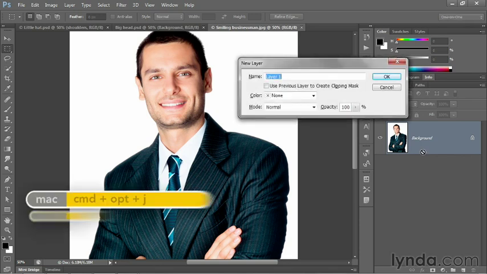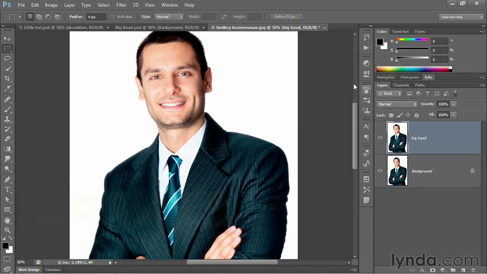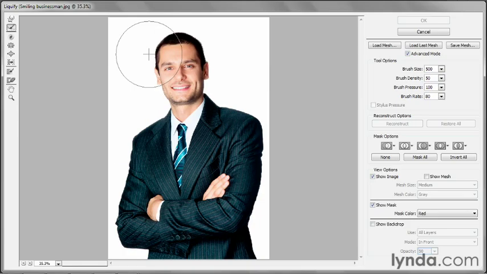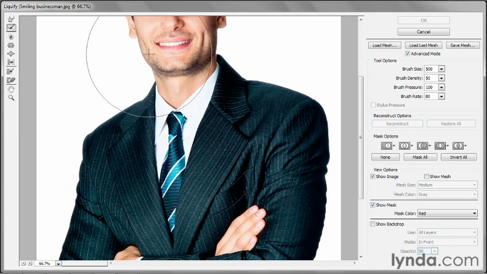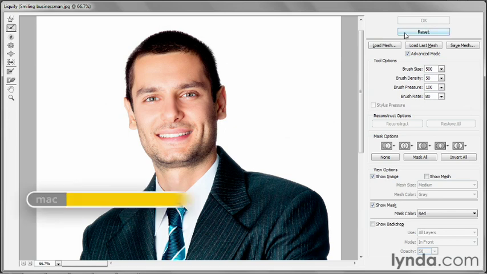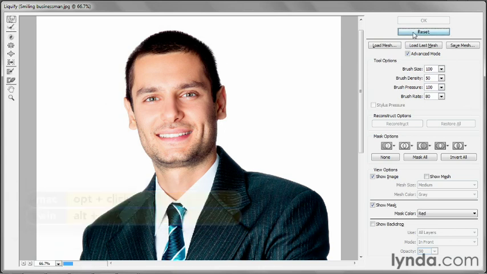I'll start by pressing Control-Alt-J or Command-Option-J on a Mac, and I'll go ahead and call this new layer Big Head and click OK. Then I'll go up to the Filter menu and choose the Liquify command, which is where we want to start here. And I'll zoom in on the image. Now, if you worked along with me in the previous video, what I'd like you to do, just to make sure you can see your work and you get the same results I do, is press the Alt key or the Option key on the Mac, which changes the Cancel button to Reset,